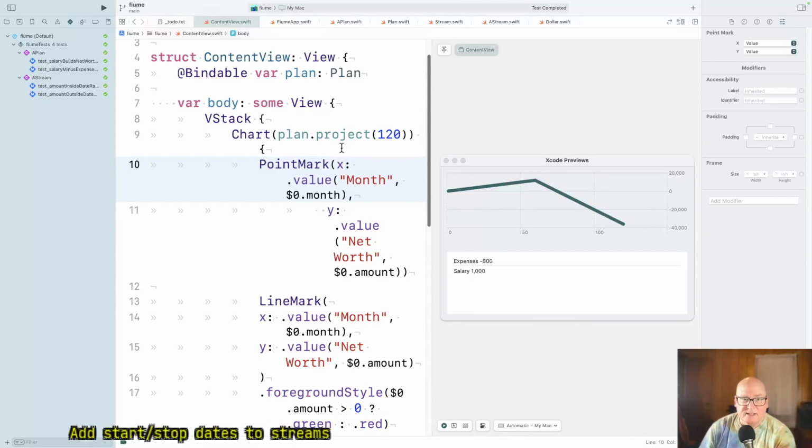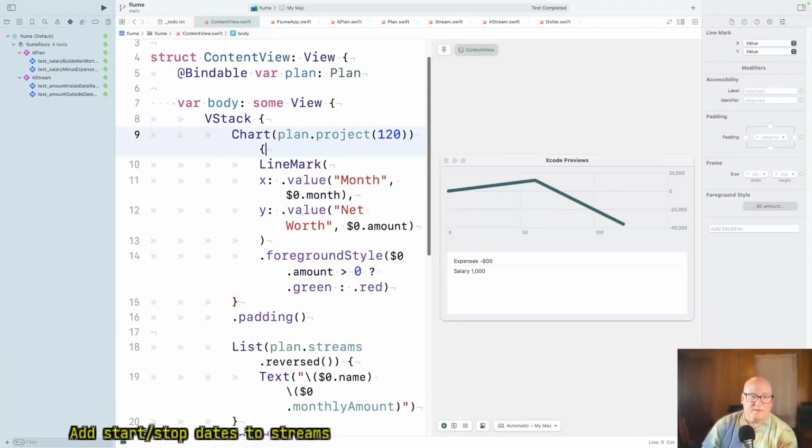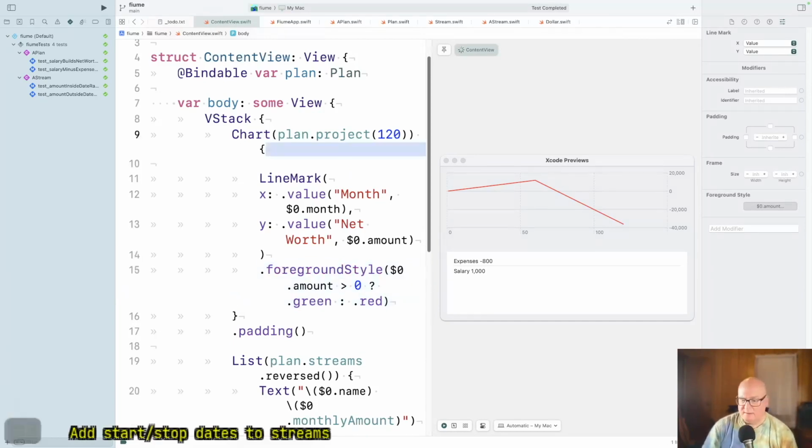It's just too much data. Okay. Why is $0.amount? I'm not clear on what's going on here.